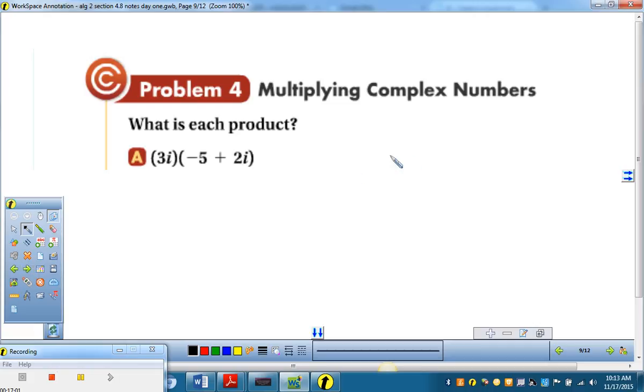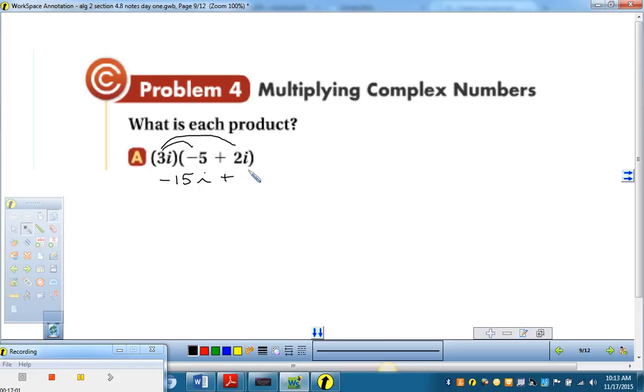All right, products. Multiplying complex numbers. So, when you're dealing with complex numbers, think about fractions. I cannot add fractions unless I have a common denominator, so with adding complex numbers, you add the things that are alike. The reals and the reals, the imaginary and the imaginary. But, when I multiply fractions, I can just multiply any two fractions. Same thing here, I can distribute this 3i through both of the terms in the second factor. So 3i times negative 5 would be what? Yes, negative 15i, and then